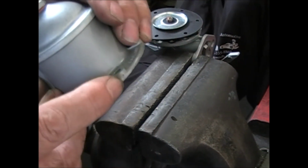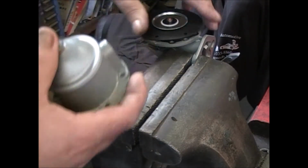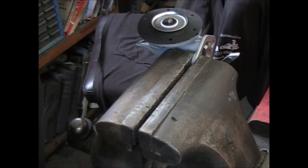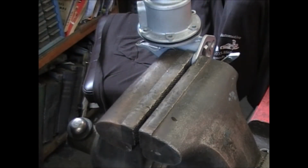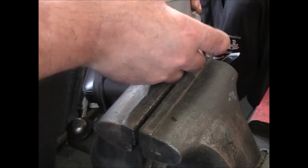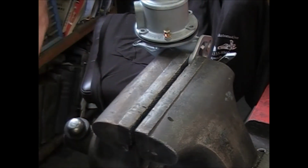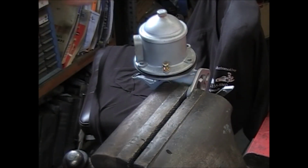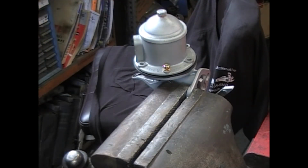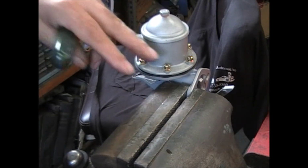Find your indexing mark, which mine happens to be right there. Line up the holes. Put the screws in. Just don't tighten them down. Not until you get all the screws caught. Oops. Bring them down about halfway. Once you get all the screws halfway down,